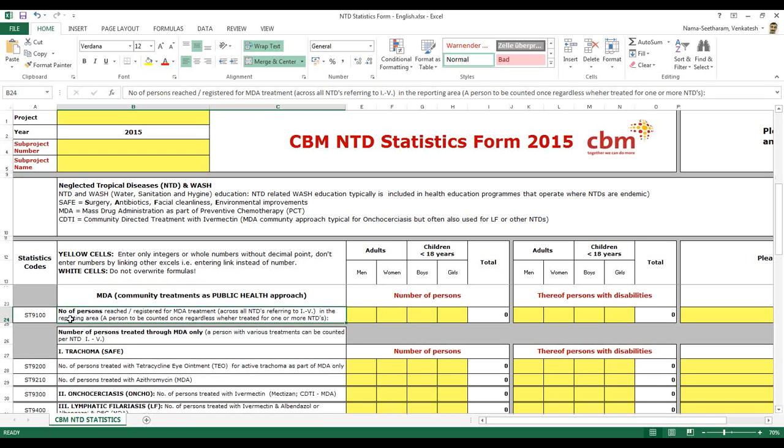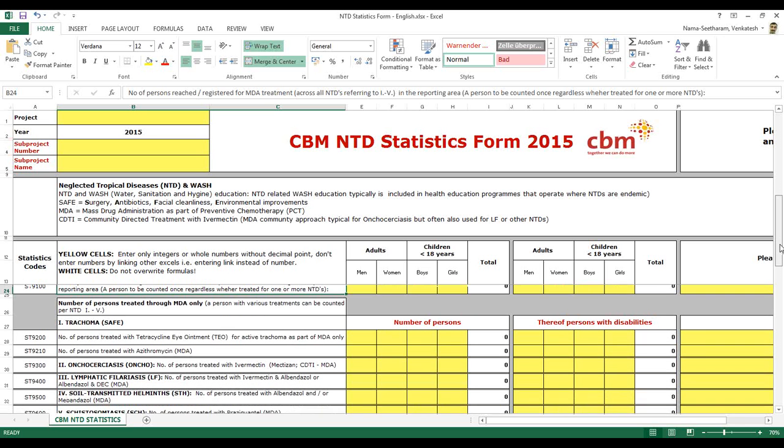Number of persons reached or registered for MDA treatment across all entities, referring to 1 to 5, in the reporting area where the project is working, a person to be counted once regardless of whether treated for one or more entities. It is nothing but, if a project is working in a district, for example, how many persons in that district were reached by this project, men, women, boys, girls, and out of this how many were persons with disabilities.